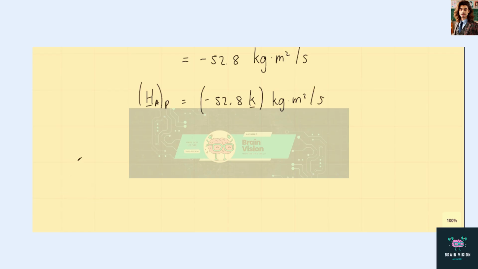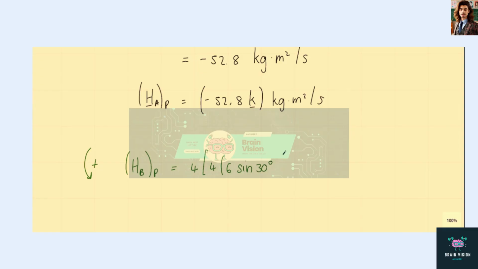Now we'll do the same for particle B. We again will take the anti-clockwise direction as positive, and we'll label the magnitude of the angular momentum of B about P as h. And so this again is the distance in the x direction, or the distance separating the x coordinates of B and P, which is 4 meters, into the x component of the linear momentum, which is 4 times 6